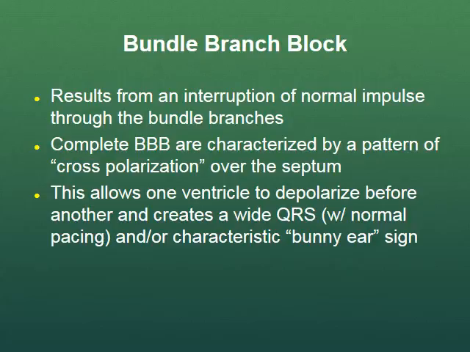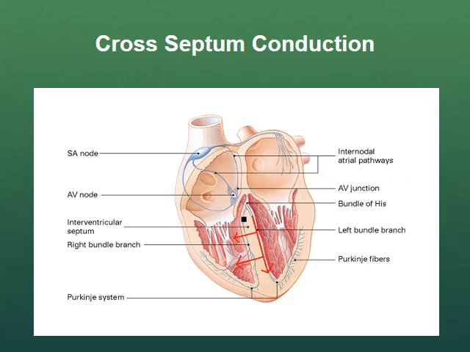Understand that that's what the process is. Instead of just looking for a wide QRS, understand that that's why we do get that wide QRS. This is what I was talking about with the cross septum conduction. Whenever we have that block in the right bundle, your left bundle branch is what is supplying the electrical impulse for the right ventricle to contract. It just occurs slower because it has to pass through the septum, cell to cell. And when I say slower, we're talking